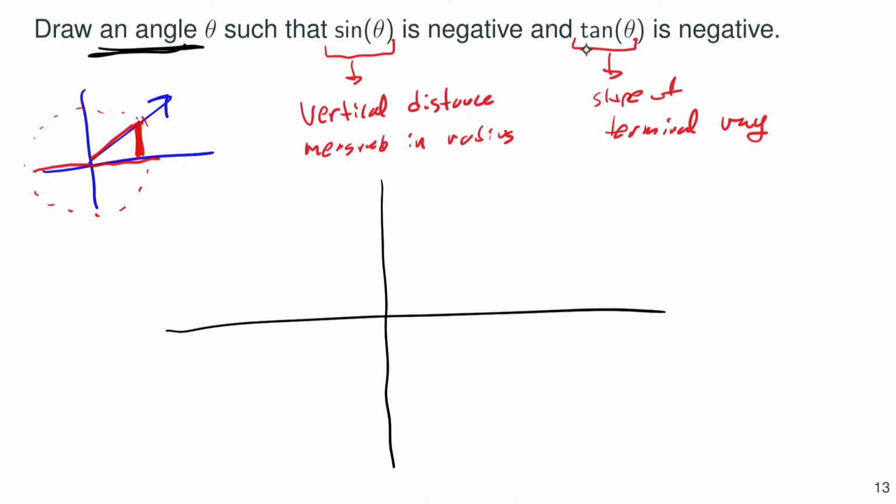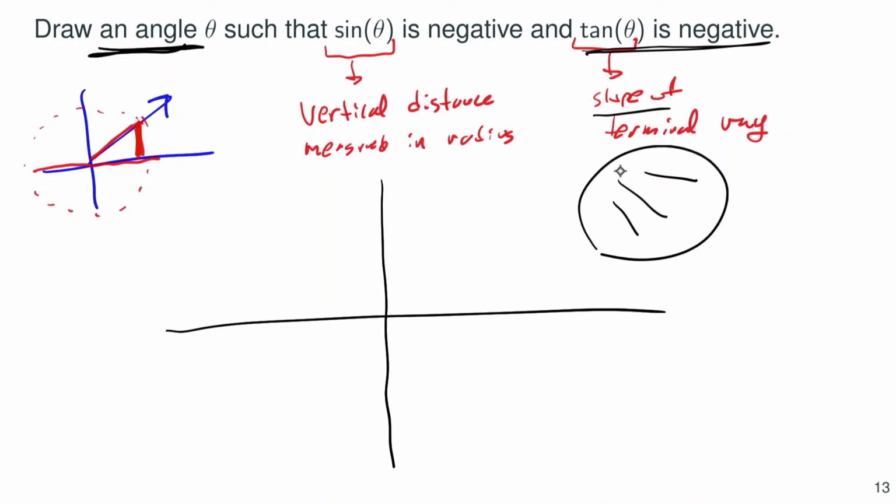Now, when is tangent negative? That means when slope is negative. Slope negative means that we have a line that looks like this direction. These are all negative slope. Positive slope looks like this, right? Rise over 1, both are positive. But here, when x increases, y decreases. So for an angle in the fourth quadrant, let's say something like this right here,